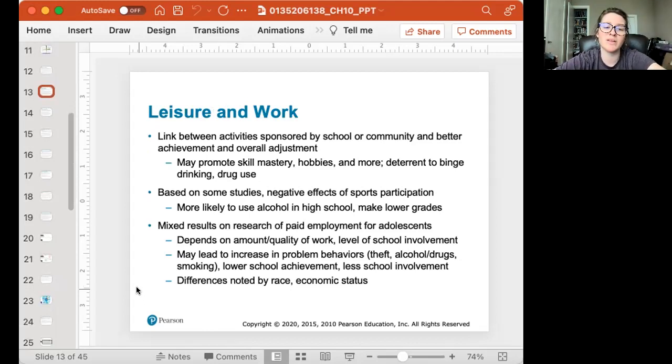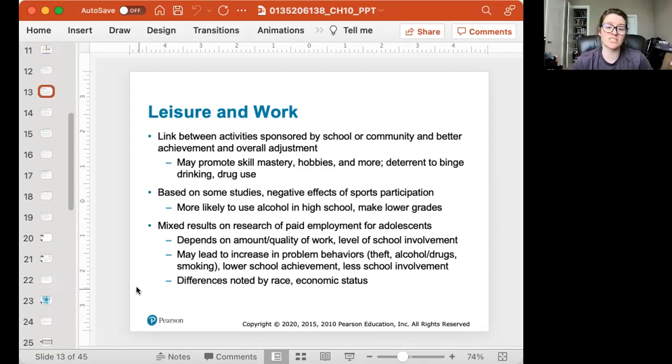It's a deterrent to binge drinking and drug use. So being involved in the community, whether it's volunteering at the American Red Cross or a shelter, a homeless shelter, a women's shelter, or whatever, a job even, doing something after school is linked to more positive behavior and a reduction in substance use. So based on some studies, there are negative effects of sports participation, which could lead to